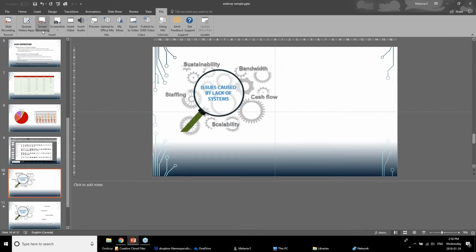And then the screen recording, like I mentioned, that's really to do a screen recording. So say you wanted to film how to open up your product or your app on your website. This would record anything that you're doing on your screen. And you can make some decisions of whether it has sound or not. What I have noticed though is that it doesn't have the type of functionality that some other screen capture software has, where you can decide the size and the resolution,